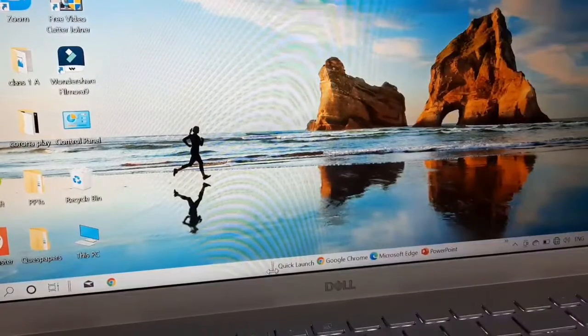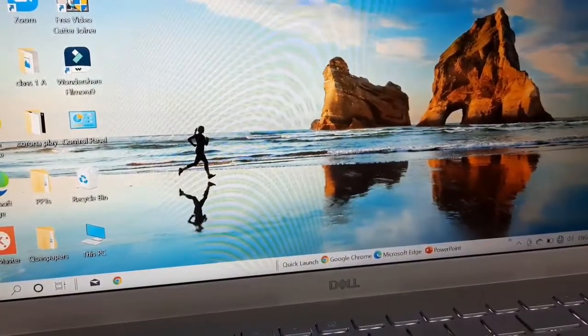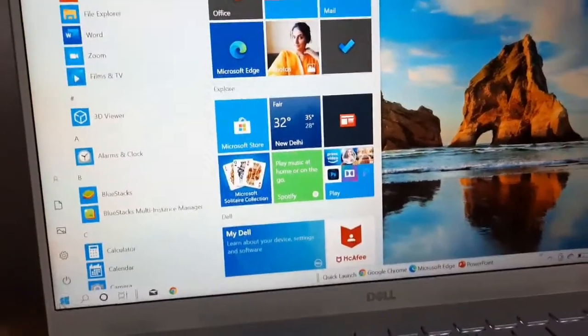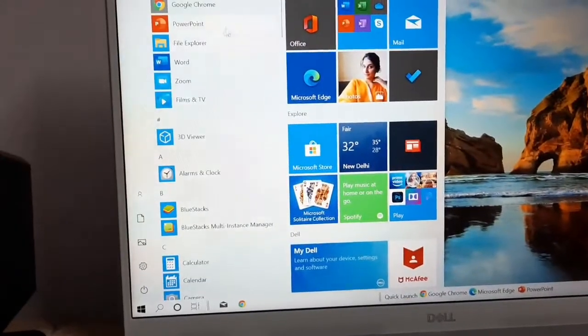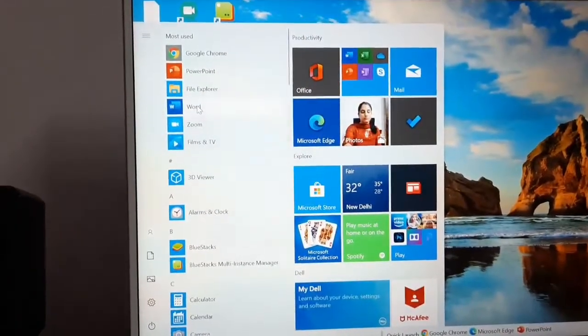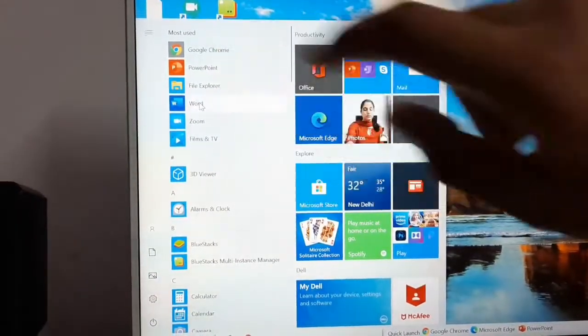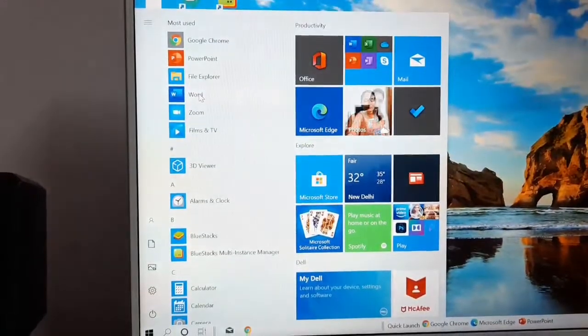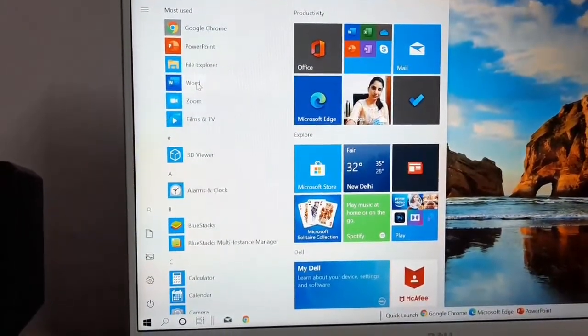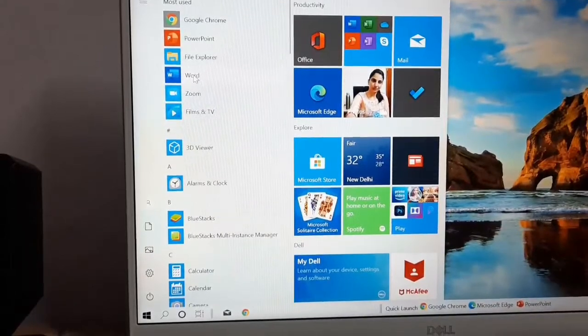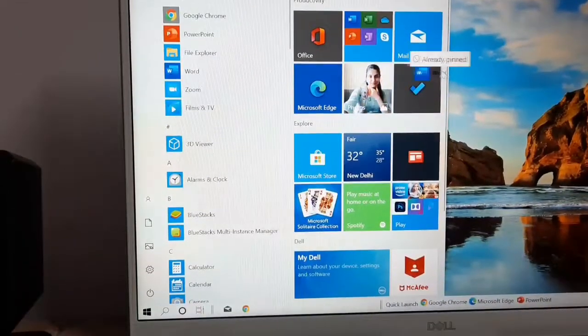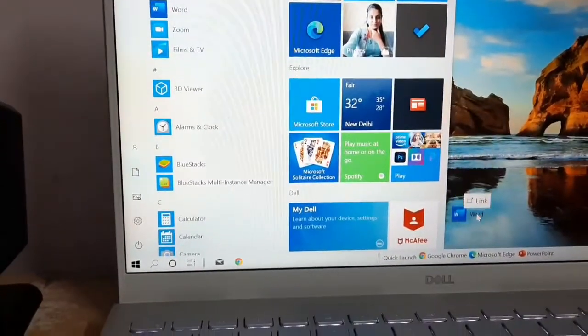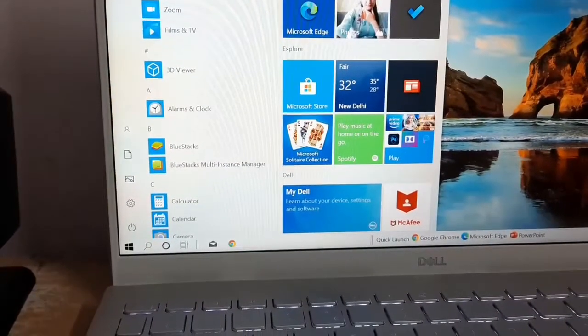For example, let me just open my start menu like this. Whatever you want to add. Suppose I want to add this Word app here to my quick launch. So I will just click and navigate. That means dragging. Just pick it up and bring it here and leave.